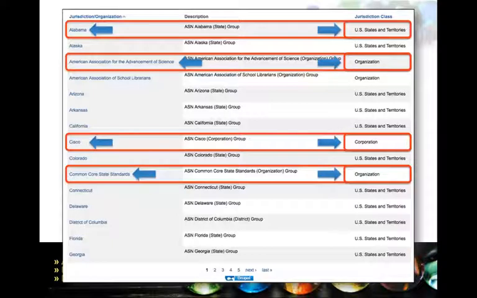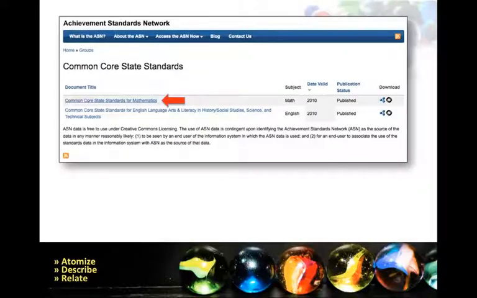And then we see the bottom one there is the new U.S. Common Core state standards, which stem from an organization of the states' governors. Again, the U.S.'s first attempt at something that looks like a national curriculum, even though it is not one. So in the ASN repository, we have achievement standards for all of the states and territories, professional organizations, and corporate bodies that step forward and want to begin to express their learning outcomes, their achievement standards in machine addressable form. Let's take a look at one.